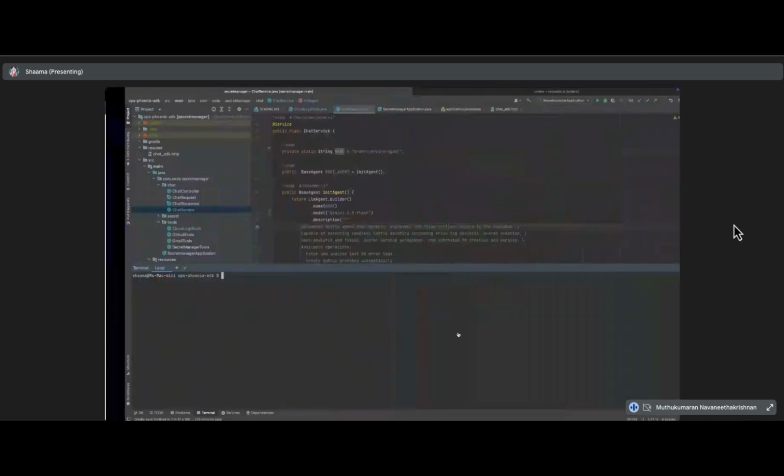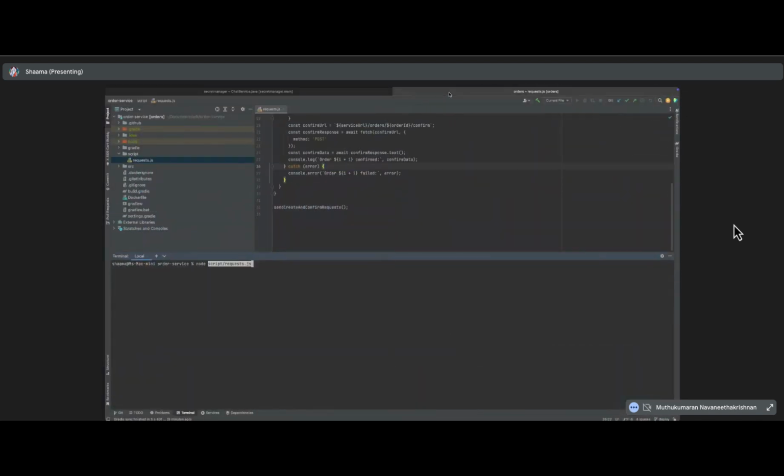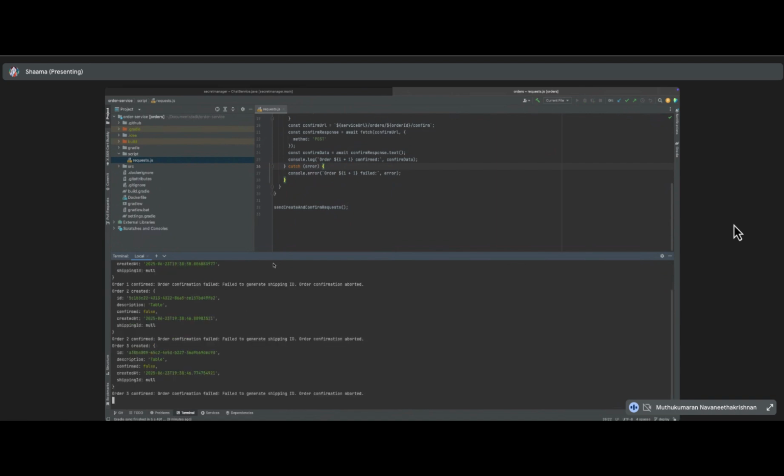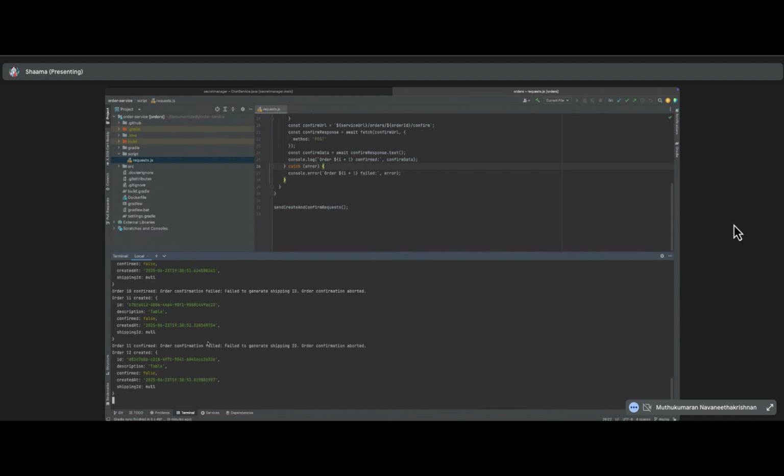As of now, someone has corrupted that secret manager. Now we are going to simulate the load. We are running a small script to simulate the load. You can see that the order has been created, but shipping has failed. If you look into the log now,